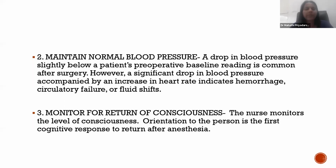Next slide, please. And our target should be to maintain normal blood pressures, because either a drop in blood pressure or higher blood pressures, both are not good for the patient. A slight drop in blood pressure in the postoperative period can be seen, because it is after surgery, there is some blood loss, the patient is under the effect of anesthetic drugs, so there could be a small drop in